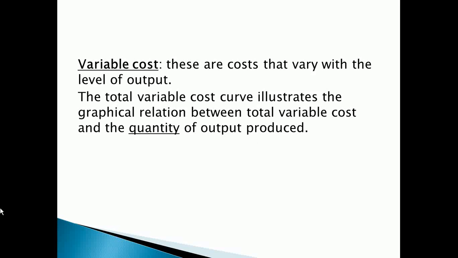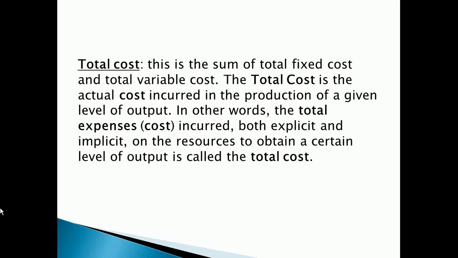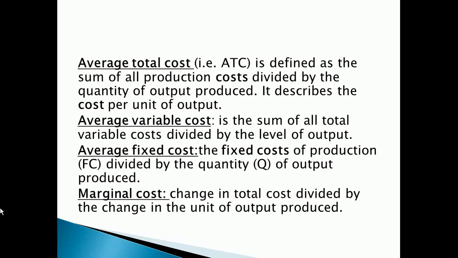Now, when we are calculating the short-run cost, I have actually summarized the formulas for you thus. If you can master these 7 formulas, it's easy for you to estimate any question when it comes to theory of cost, short-run cost. Understand that TC is TFC plus TVC. TVC equals TC minus TFC. TFC equals TC minus TVC.